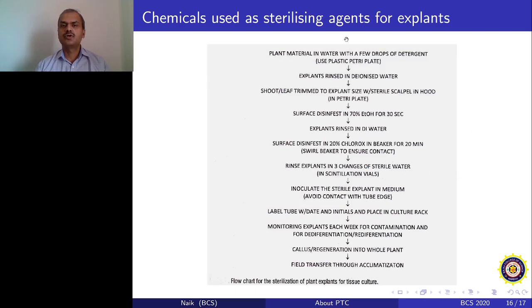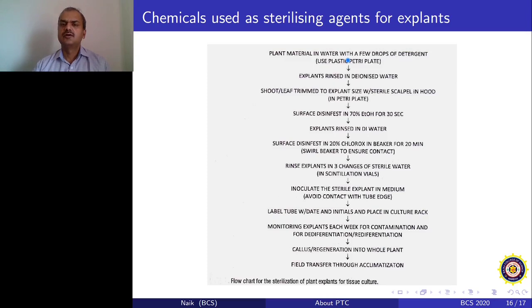Now this is the protocol which we have to follow for surface sterilization. I'll go one by one. See, the best choice is if you have, say, axillary buds or apical buds, or let's say leaf discs or internode explants. First you take leaf pieces. Either you can take the entire leaf. For internodes, you have to chop the internodal regions. If you are taking an axillary bud, then you take the axillary bud or apical bud. Like this, you should take